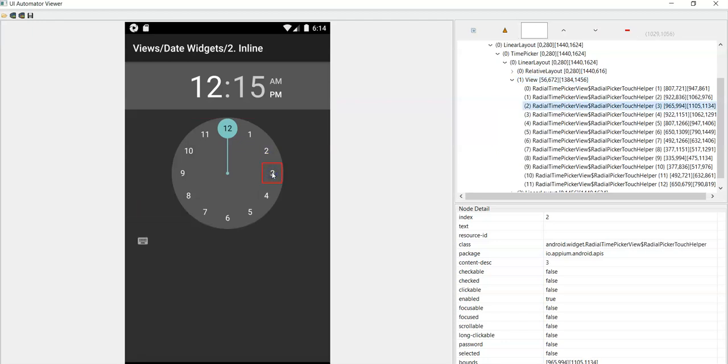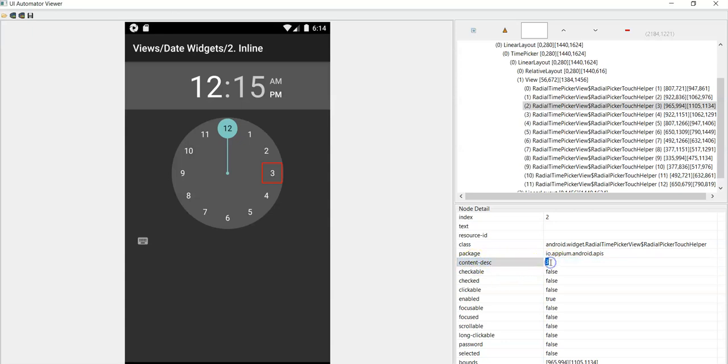There is only one value, that is content desc value. The class name has some dollar symbol, right? So it won't allow XPath. So it is not possible to use XPath in this case using this class name, as there is dollar symbol, right? Now there is only one option, to use content desc value.